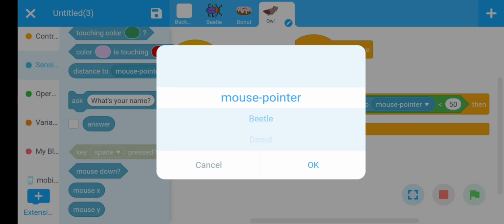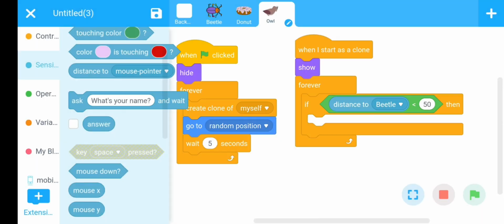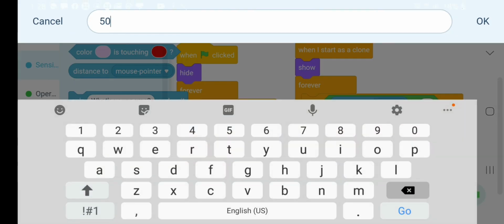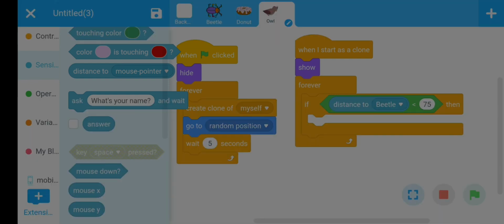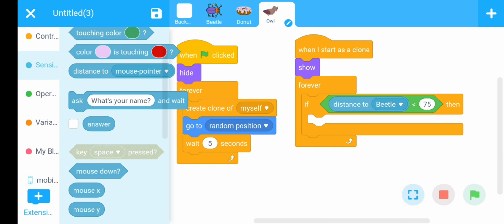Replace mouse pointer with beetle. If the distance between the beetle and owl is less than 75, then our owl should point toward the beetle.